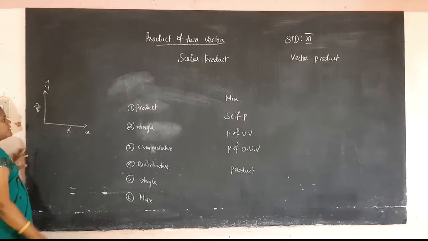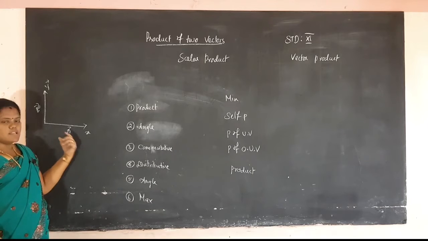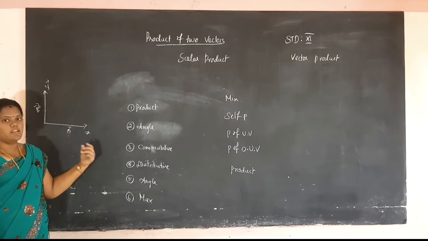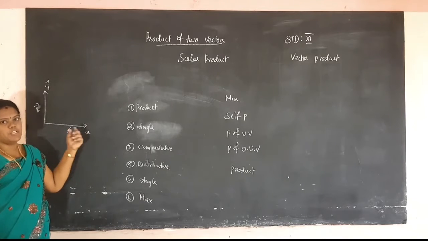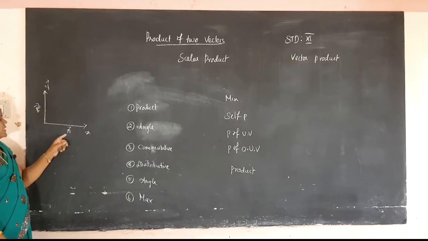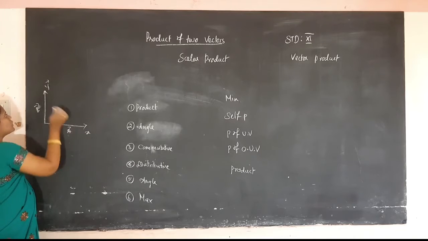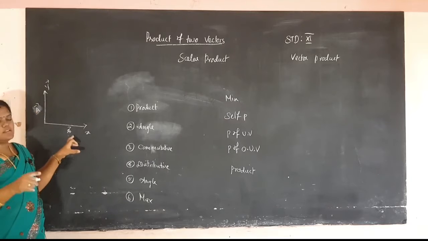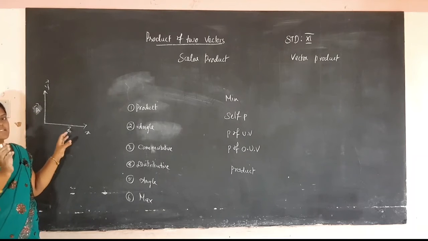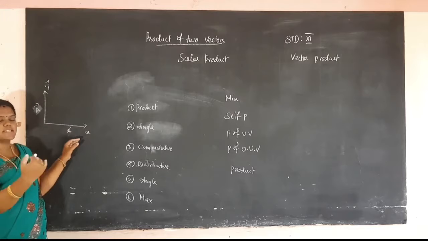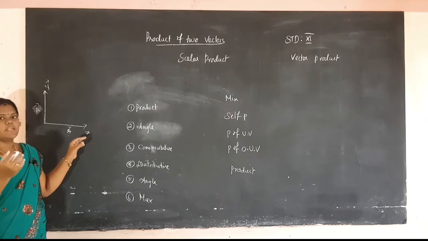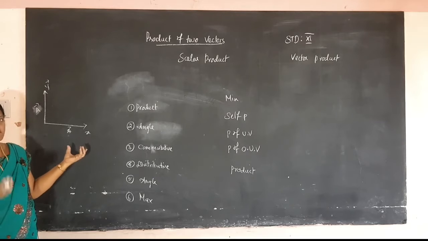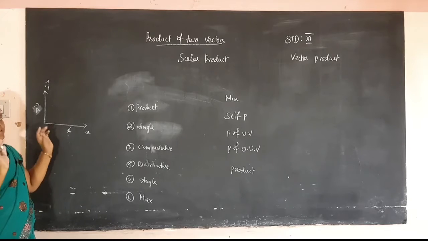We mention the vector along its components. What is the meaning of components? It means the vector is mentioned along the x axis or the y axis. So the a vector will be mentioned in the x axis and also in the y axis. Just consider one vector moving along the x axis and y axis. One vector will be considered as an x component and a y component. So the vector in x component and the vector in y component will be mentioned.